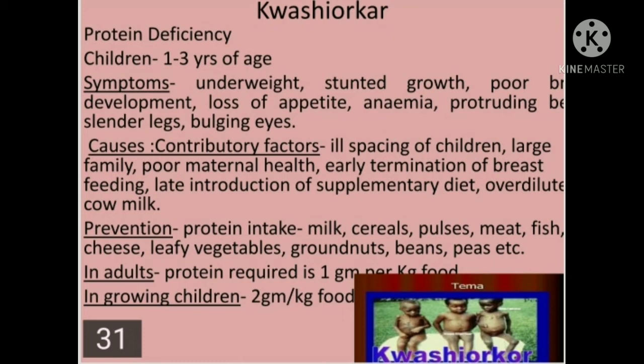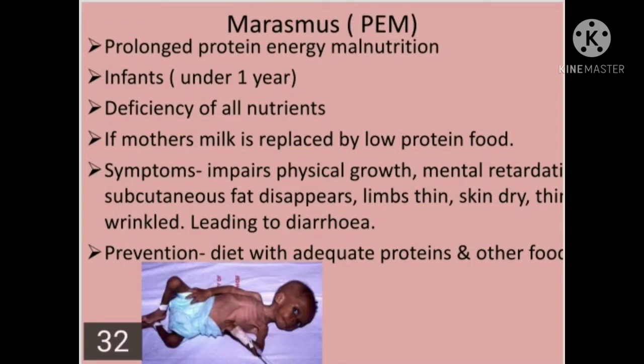Now moving on to our next slide. This slide talks about the next disorder, and the name is Marasmus. Marasmus, what is there in this? It is a prolonged protein energy malnutrition. The full form of PEM is protein energy malnutrition. For a very long period of time, energy malnutrition or the deficiency of